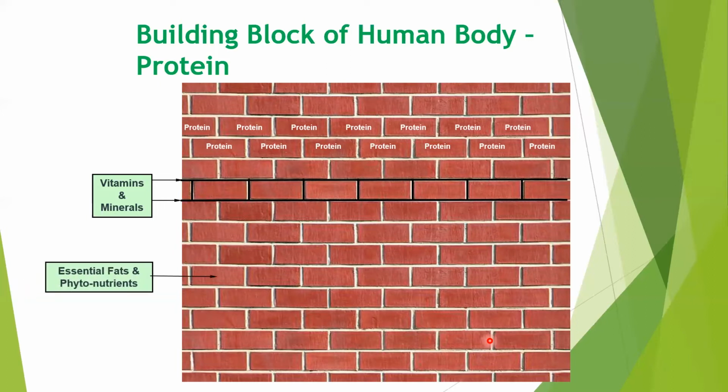And now one thing which is very, very important is essential fats like omega-3, omega-6. Essential fats are very important, because, we saw the cell membrane. The health of the cell membrane is taken care of by omega-3. Whether the nutrients are able to pass through the cell effectively and the wastes are being disposed out of the cells effectively, that's taken care of by omega-3. And then phytonutrients, the colors, the 5 primary colors that we talk about, the white color, the purple, the red, the green. These colors have some amazing health benefits, and they are very powerful antioxidants.